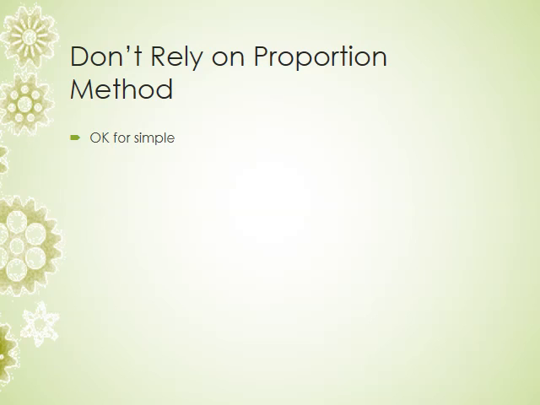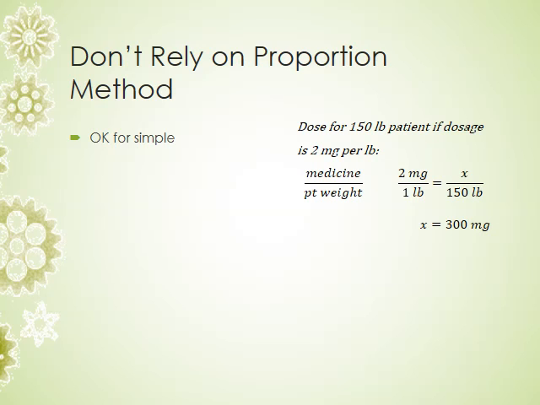It's okay for the simple ones. If you're asked to find the dose for a 150-pound patient and the dosing is 2 milligrams per pound, we can set up a proportion of medicine to patient weight. So we would have 2 milligrams per 1 pound, and we could find out what milligrams we would need for a 150-pound patient. We could solve for that and get that X is 300 milligrams, and that would be the